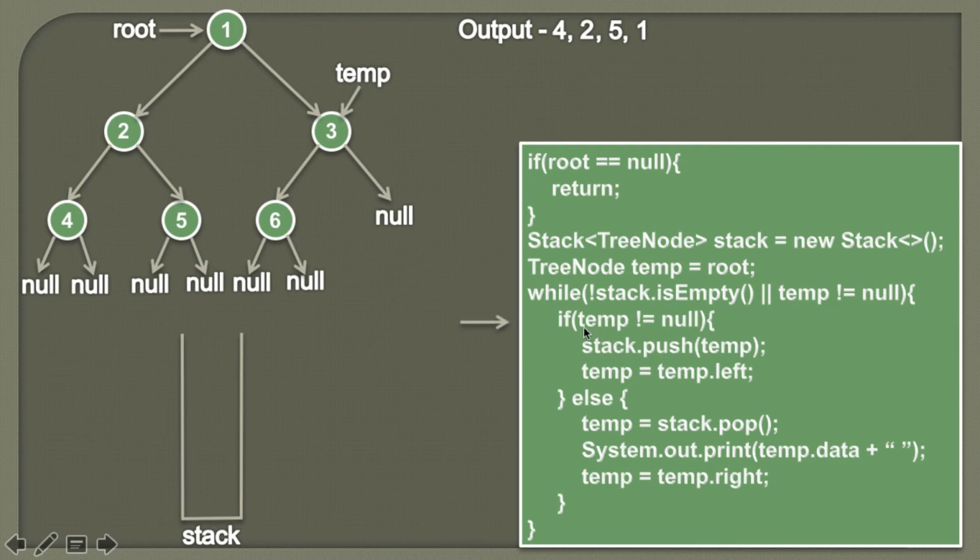Here we will check whether temp is equal to null or not. Currently temp is pointing to the node 3, therefore it's not equal to null. So the condition in the if block comes out to be true. And here before visiting the node 3, we have to first visit its left subtree completely. Therefore we need a way to store this element on the stack. So we simply push the temporary node on the stack. It would look something like this. Now 3 is on the stack.